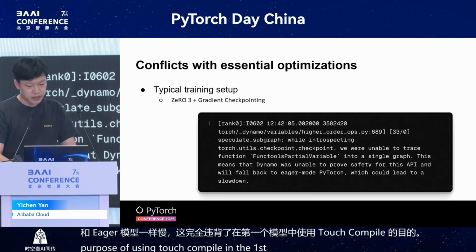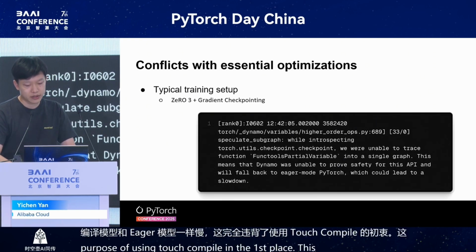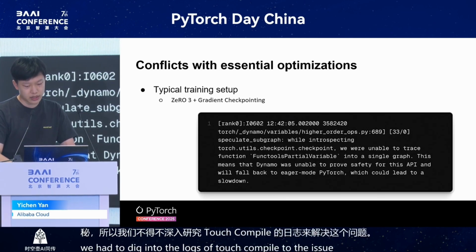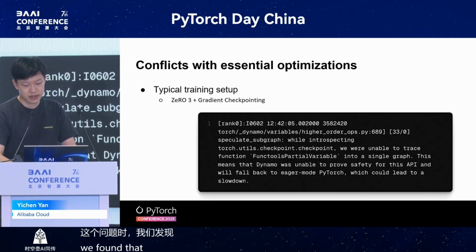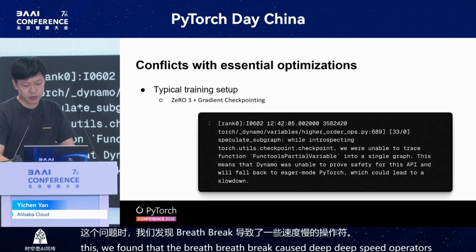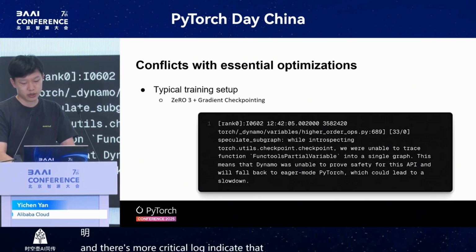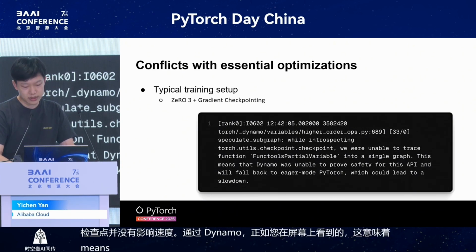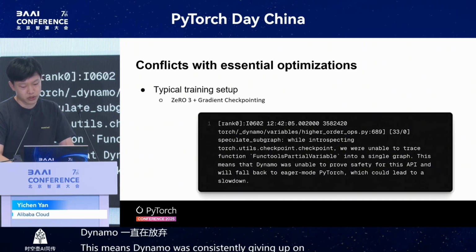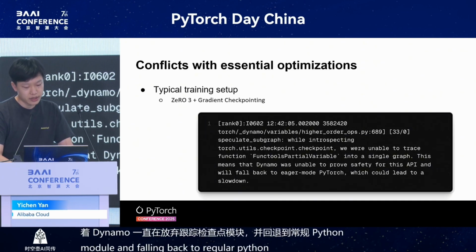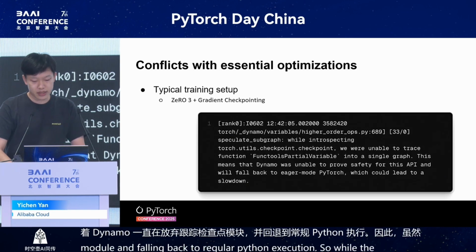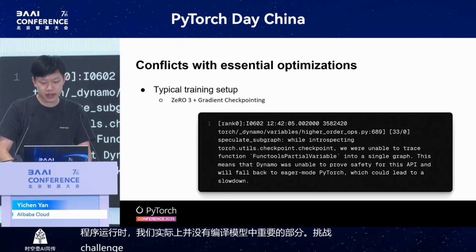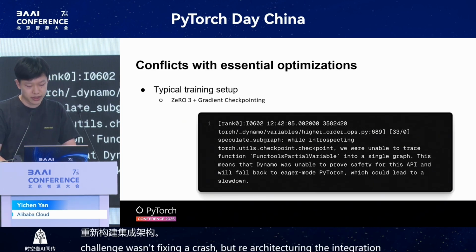in the first place. This was mysterious at first, so we had to dig into the logs of torch compile to diagnose the issue. And when we did, we found that graph breaks were caused by DeepSpeed operators, and there's a more critical log indicating that gradient checkpointing is not supported by Dynamo, as you can see on the screen. This means Dynamo was consistently giving up on tracing the checkpointed module and falling back to regular Python execution. So while the program ran, we weren't actually compiling the parts of the model that matter. The challenge wasn't fixing a crash, but re-architecting the integration so that the compiler could actually see the full graph